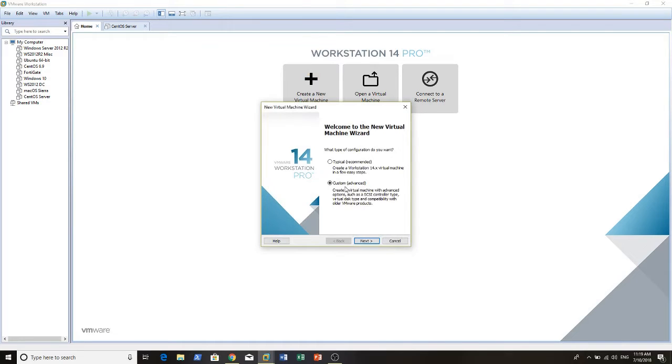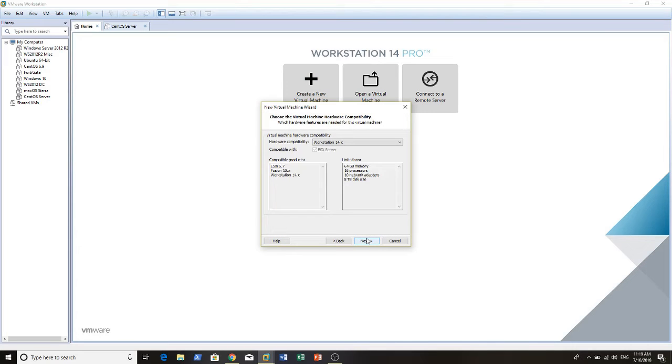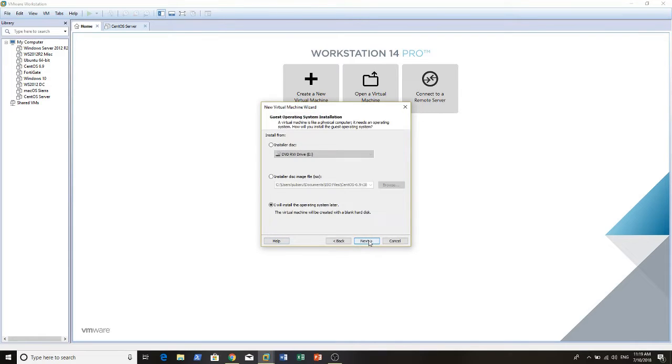I'm going to choose the custom configuration wizard. Hit next. Hardware compatibility, so I believe it's Workstation 14. That's the only one I have. Next. Here I have two options. I can select the ISO file,